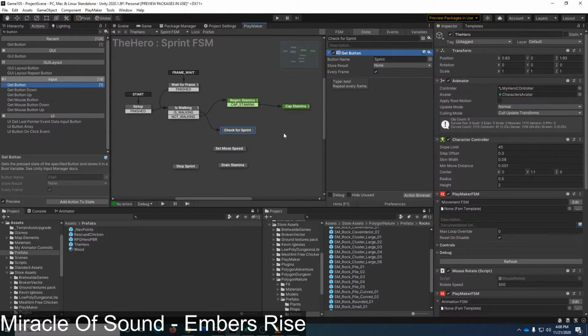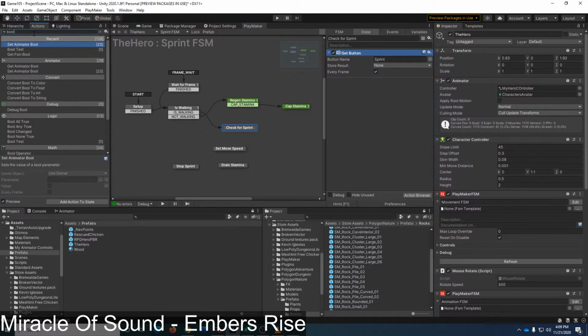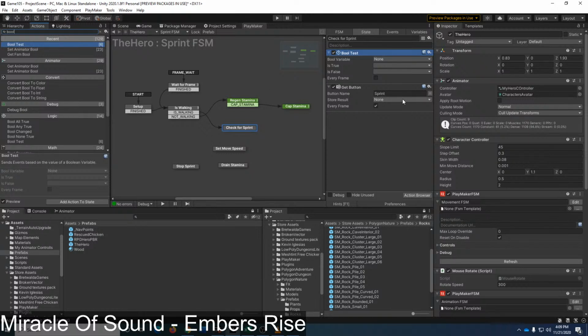So I will check the button. And I now need to do a Boolean test. So bool test. After we get the button, if you don't mind. Oh yeah, I need to actually store the variable. New variable is sprint down.